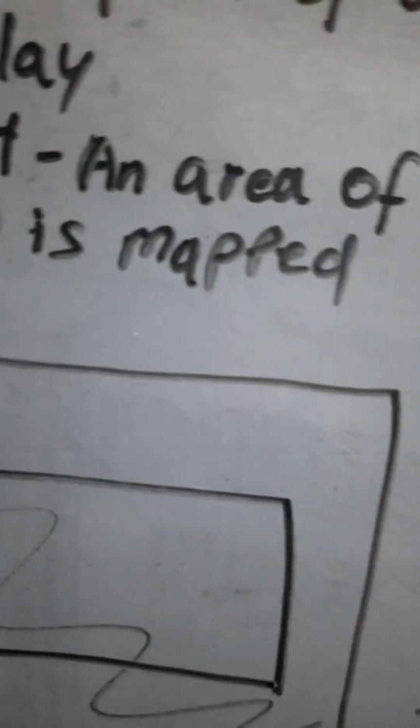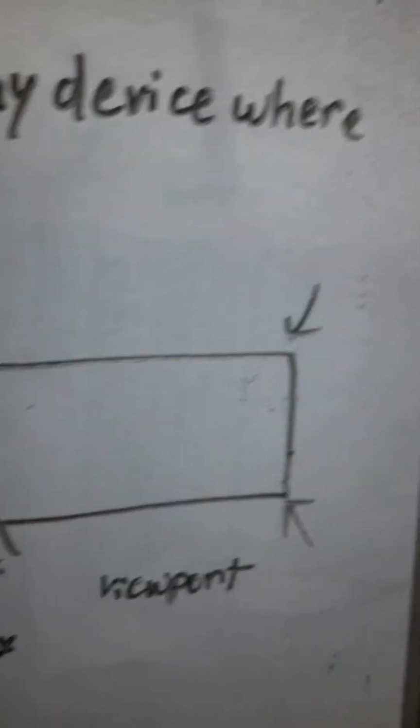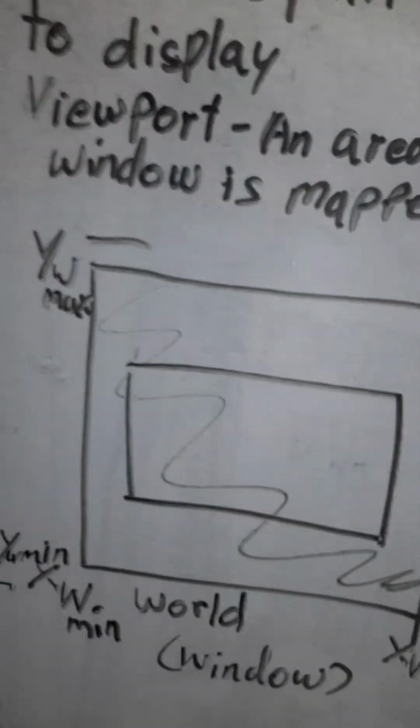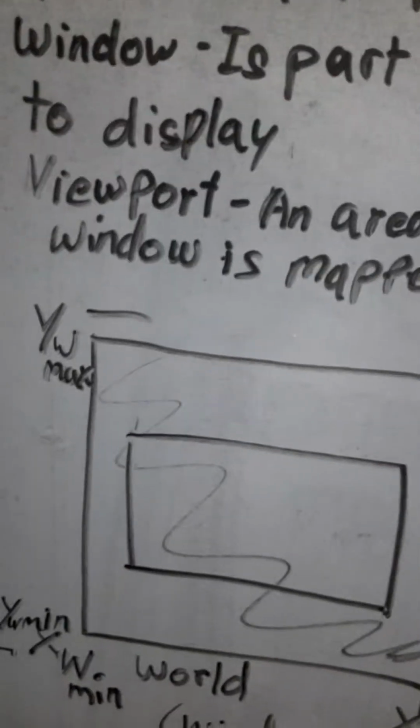So what did I say? Viewport is an area of display device, let's say computer, phone, whatever, where window is mapped, okay. And window is a part of the world coordinates selected to display on a screen or something, okay. So this is your window, like this is your whole thing, and this is your viewport. Okay, so let's say this is your